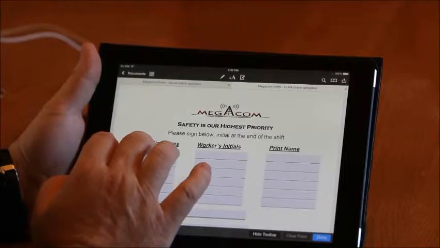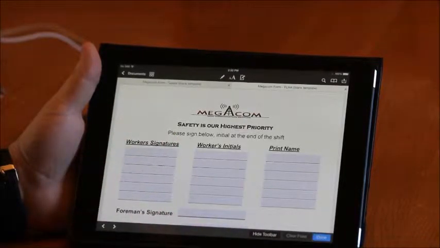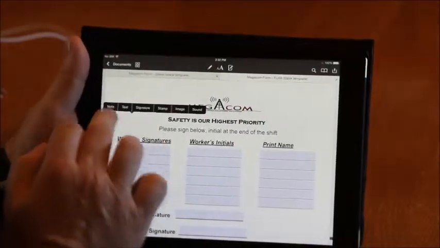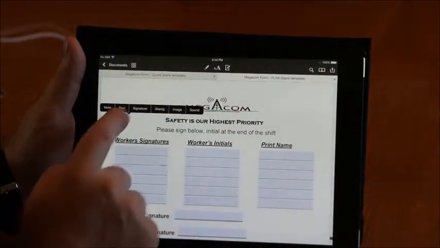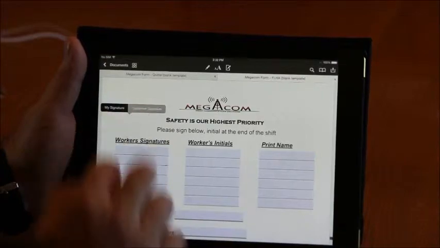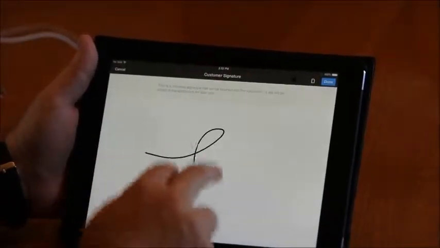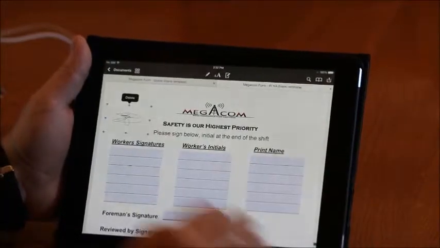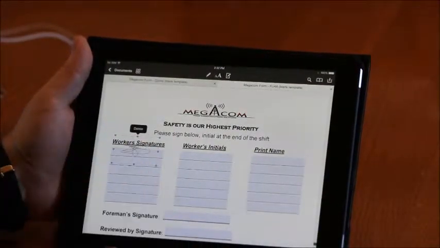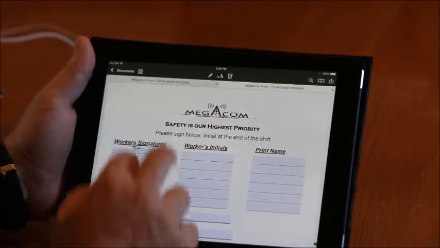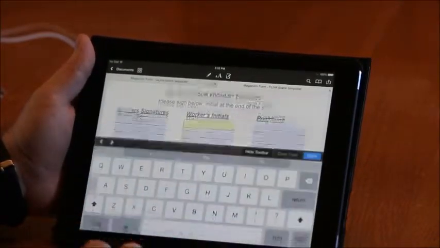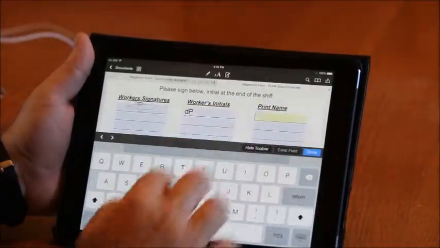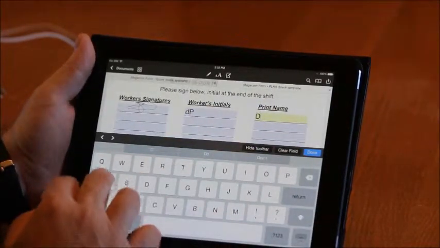So for the worker's signature, all we have to do in PDF Expert is just tap anywhere and you'll see this toolbar comes up, and one says signature. So hit signature, custom signature, and a box opens up, and all you do is sign it like that. Hit done, and you just move it down into that spot there. Now who is that worker? That worker's initials would be mine, DP, and I just print the name,